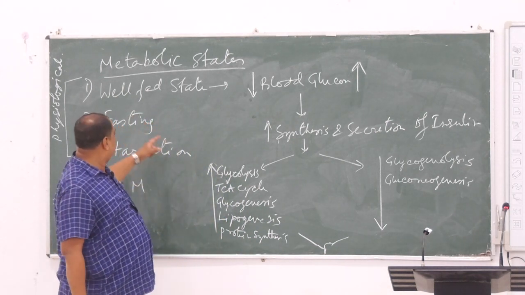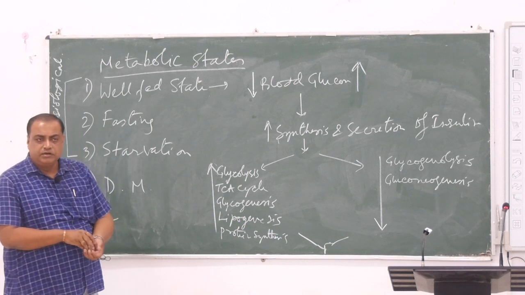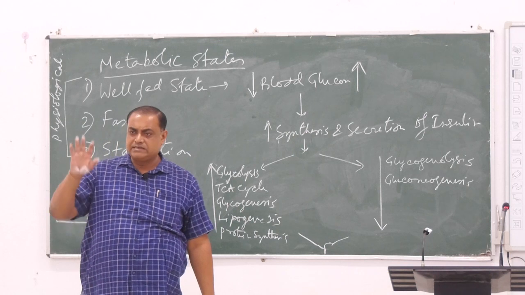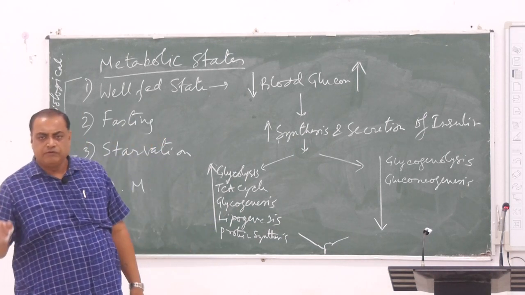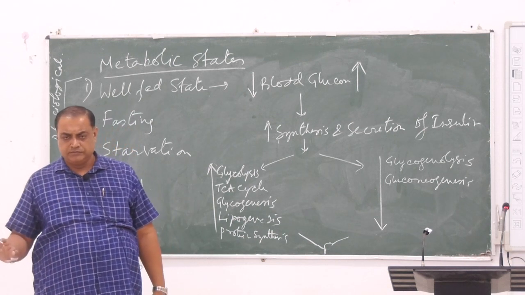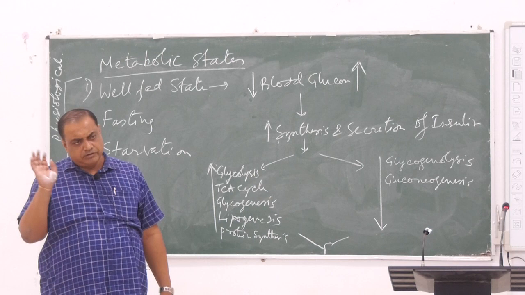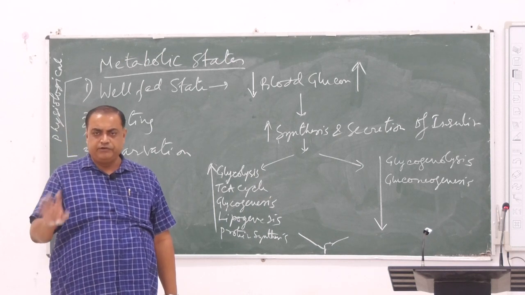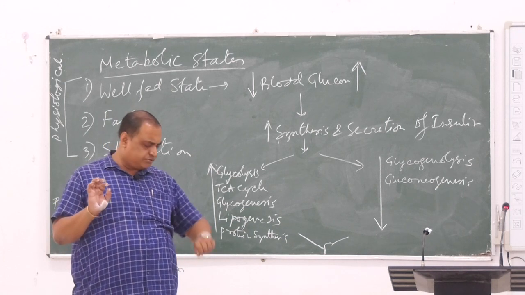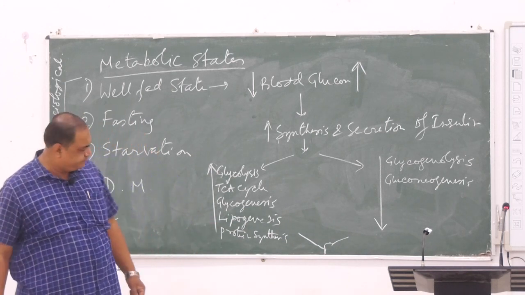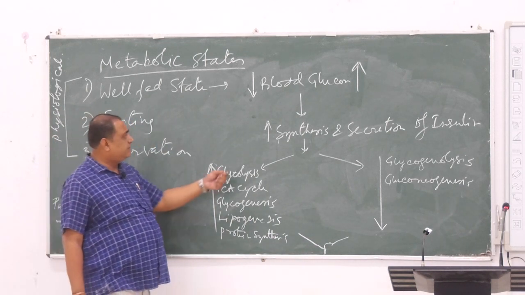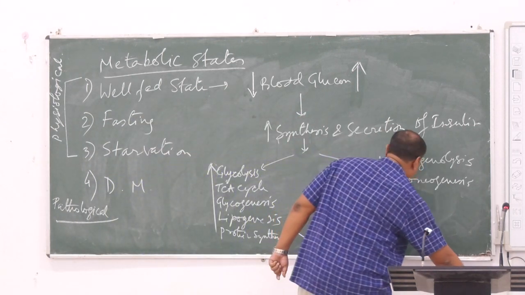Now in the fasting state, first we have to define what we mean by fasting. At least 8 hours, maximum 12 hours, minimum 6 hours for non-ambulatory patients under parenteral nutrition, not for any normal person. For a normal person it is 8 hours. Only for non-ambulatory patients under parenteral nutrition can we consider up to 6 hours. Fine. Next, in fasting what happens? Blood glucose level tends to decrease.